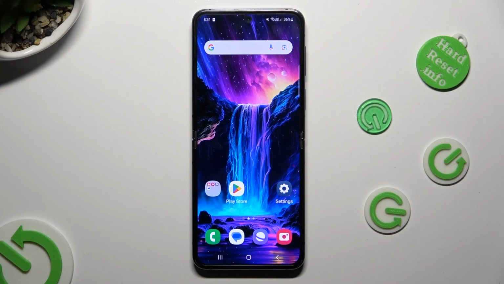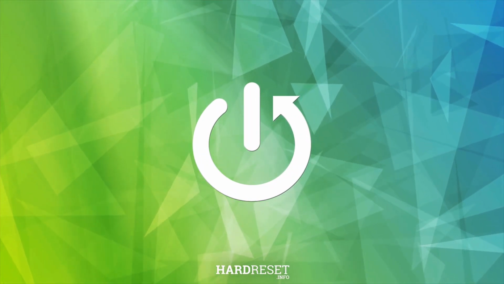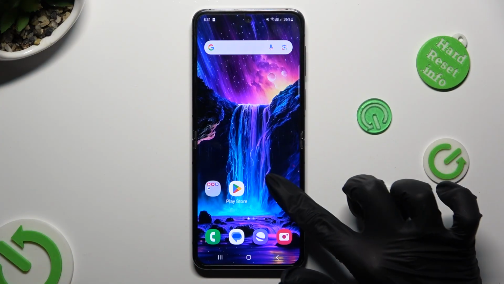Hi! In front of me is Samsung Galaxy Flip5 and today I would like to show you how you can change font style. You need to begin by going into Devices Settings